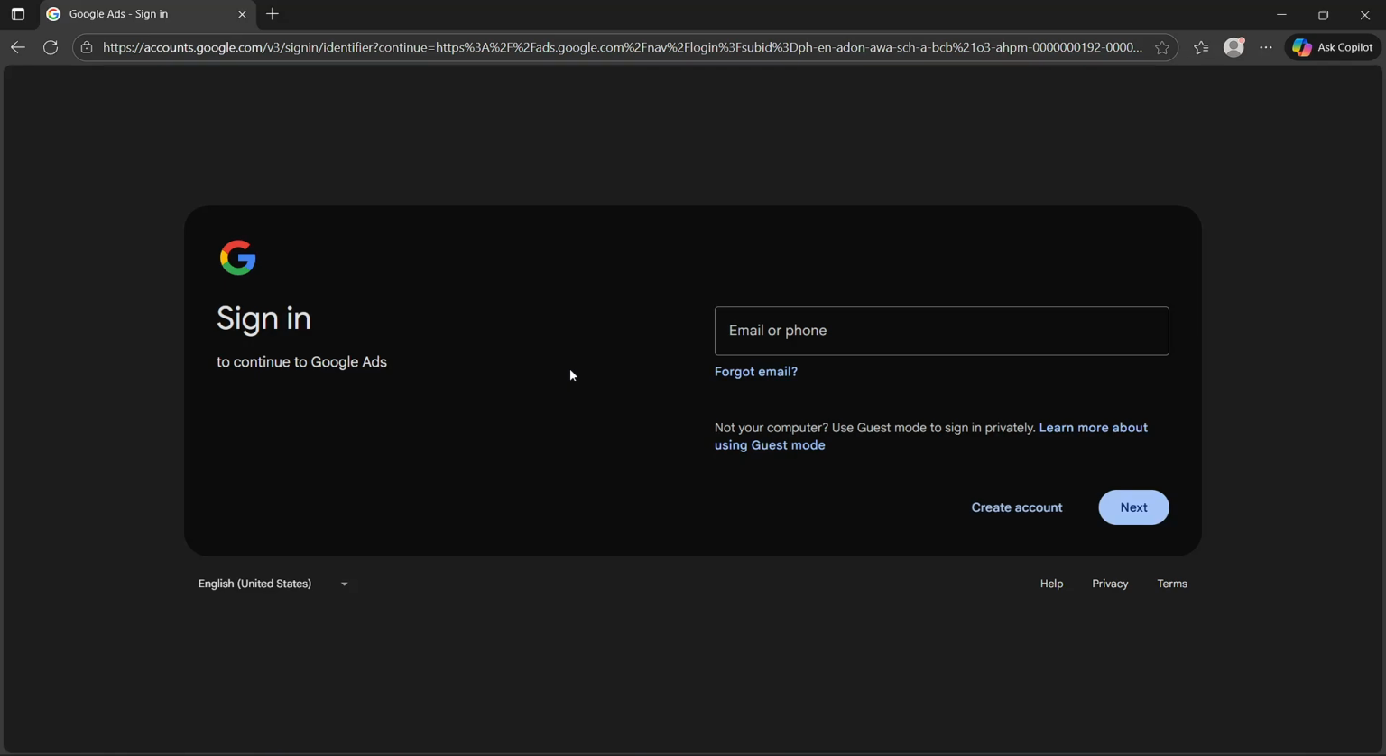So once you're in, you will just have to click campaigns and then click the plus icon, new campaign, and then you will choose your campaign goal, which is either sales, leads, website traffic, and so on. Select a campaign type, for example search, display, video, or whatever, and then you will name your campaign and choose